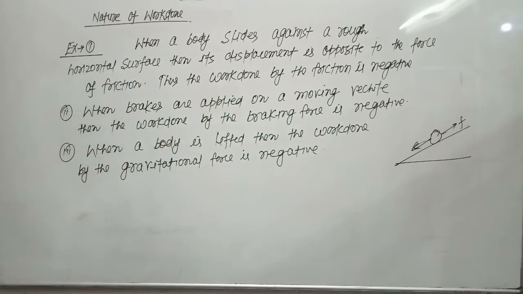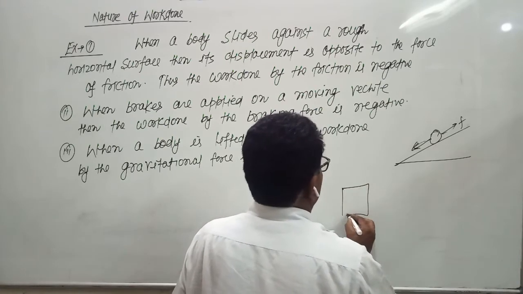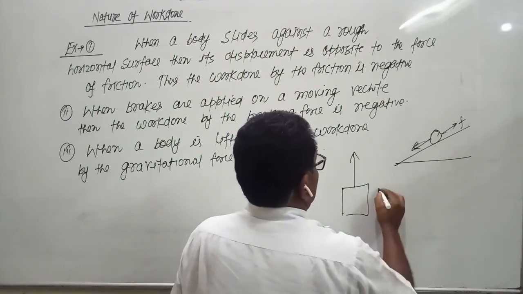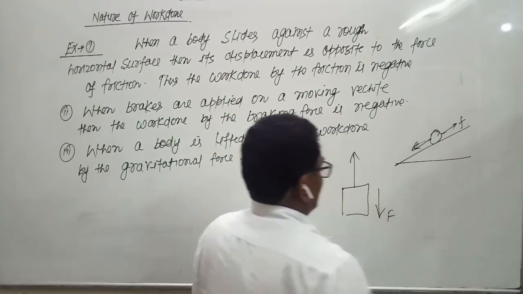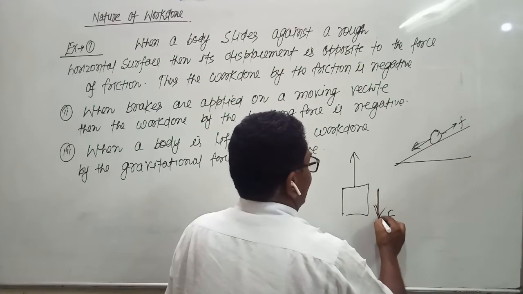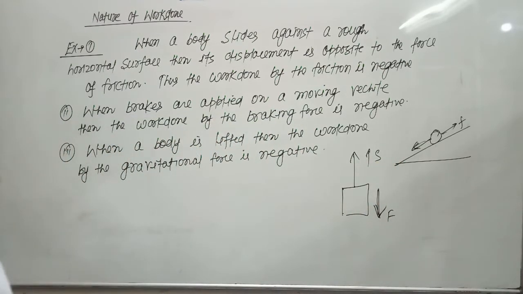When a body is lifted, then the work done by the gravitational force is negative, because gravitational force acts in vertically downward direction. Suppose there is a body which is lifted, so the direction of gravitational force is in downward direction and the displacement is in upward direction. So when a body is lifted, then the work done by the gravitational force is negative, because